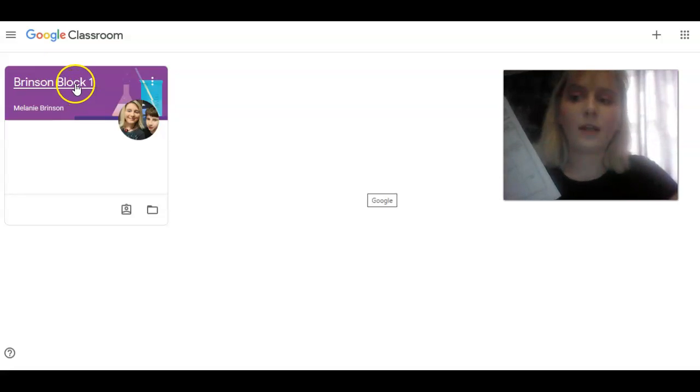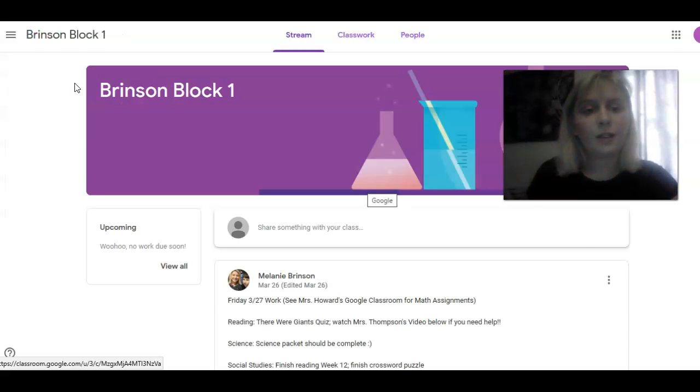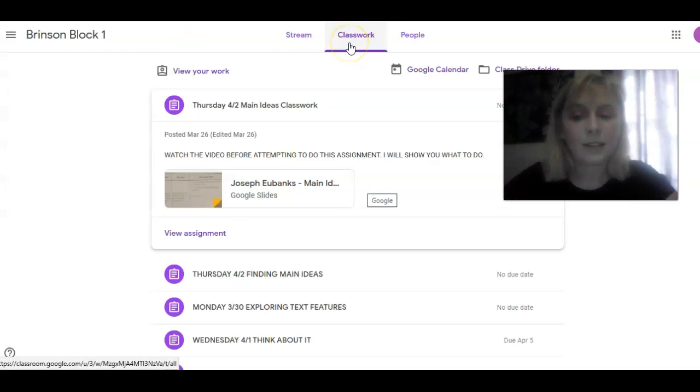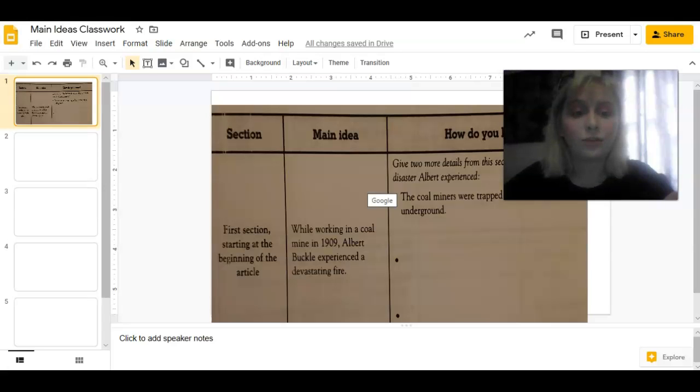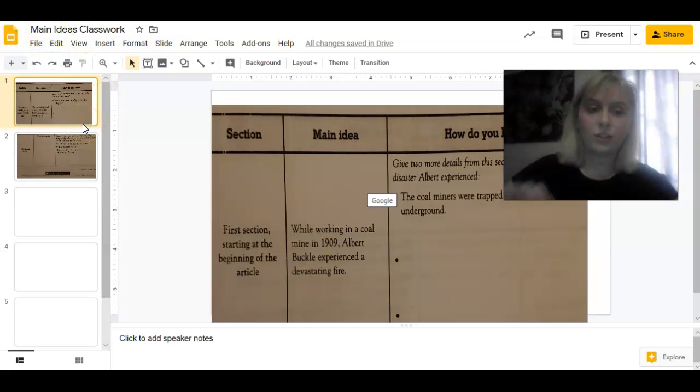So you're just going to click your classroom here, go to the classwork tab, find the assignment which is here, and when you click on that, it's going to take you to this Google slideshow. And everyone has their own Google slideshow, so you can edit directly onto the slideshow. It's not going to mess anything up. And I'll show you how to do that in just a few minutes. This worksheet,